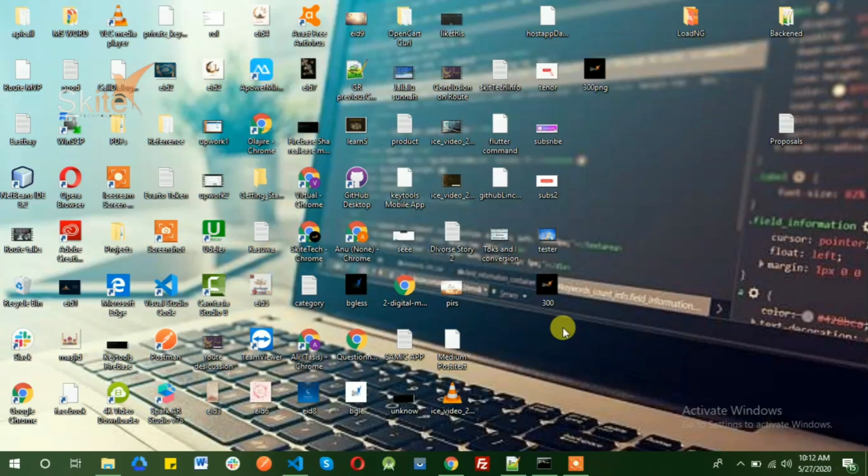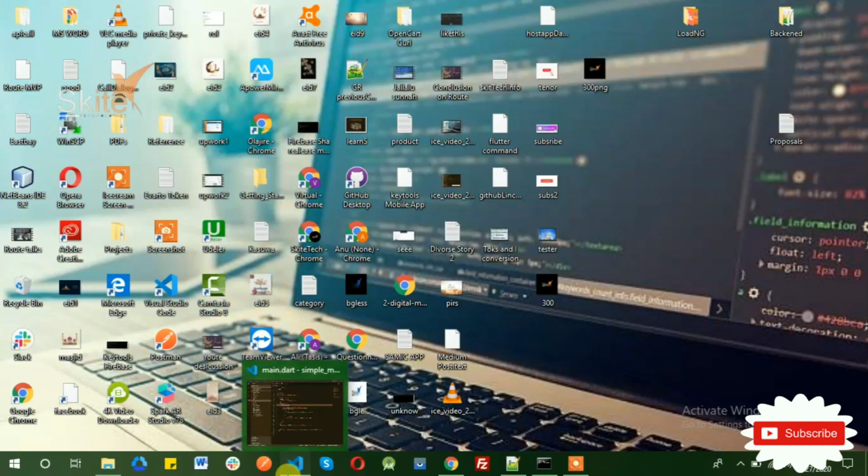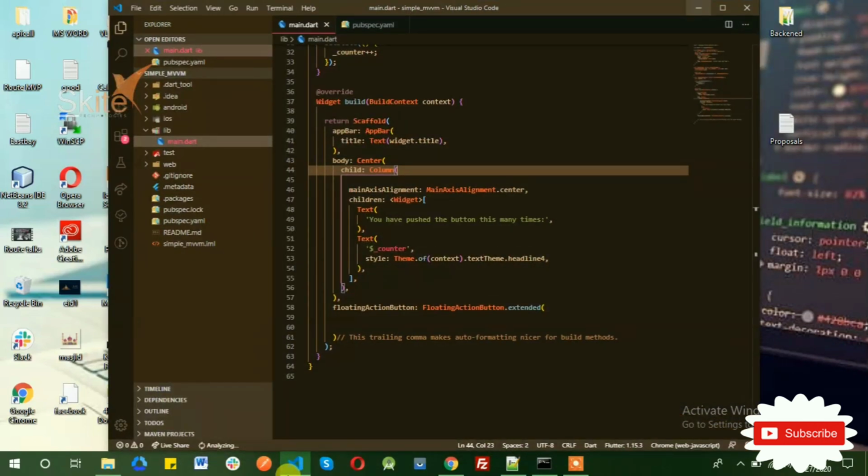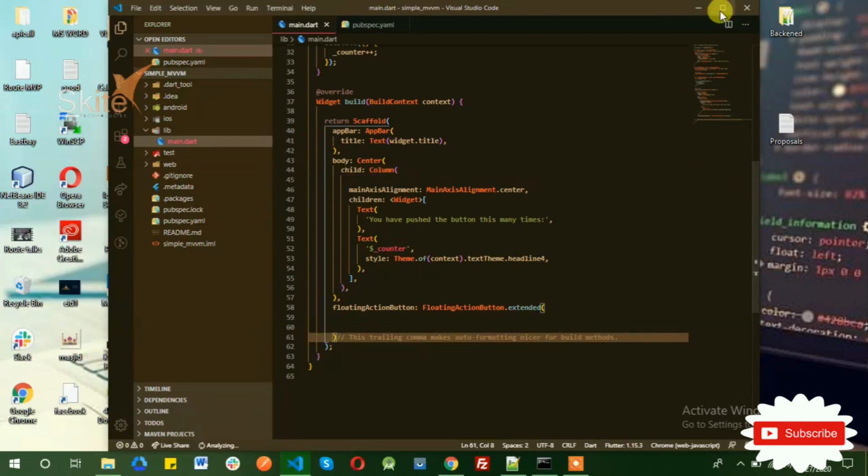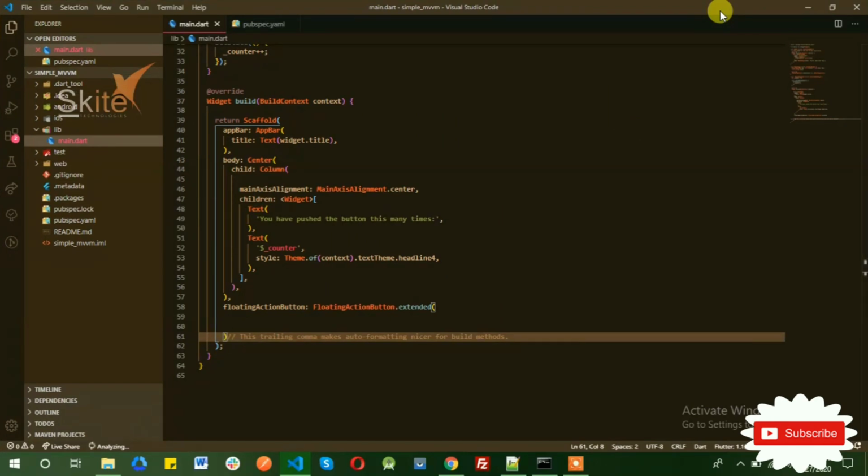In this video, I'm going to show you how you can build a simple Flutter app using MVVM architecture. It is very difficult for some developers, since we know that Flutter is a tree hierarchy, and it's very difficult for some developers to separate their UI, their business logic, and their data. So in this video, I'm going to show you how you can build clean architecture and MVVM architecture so that